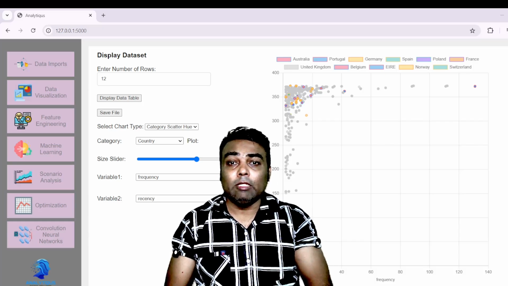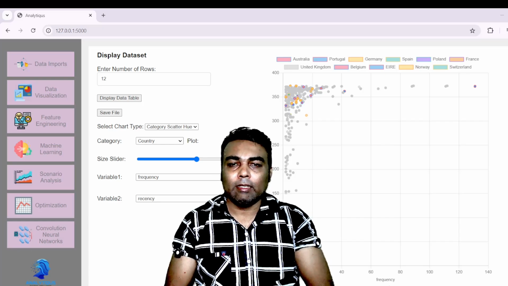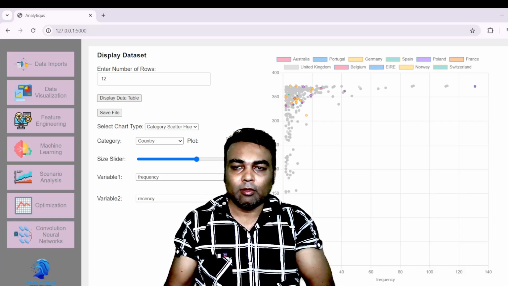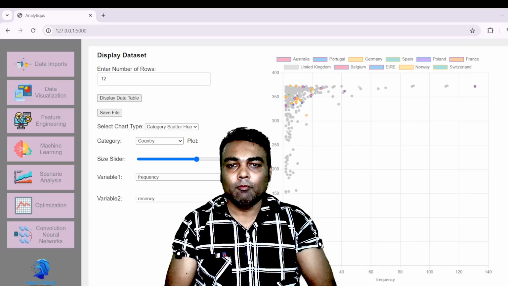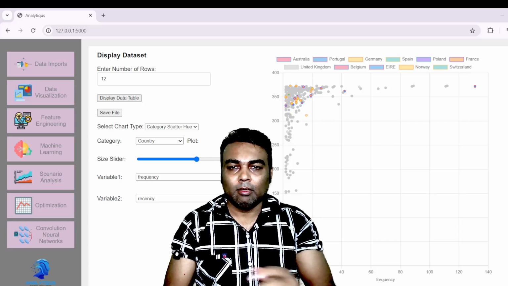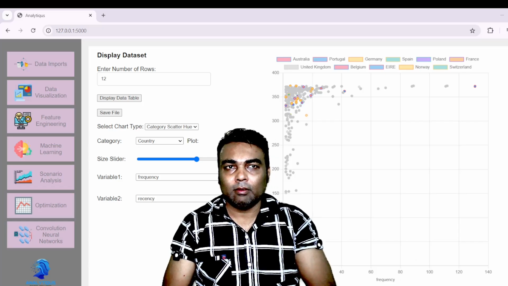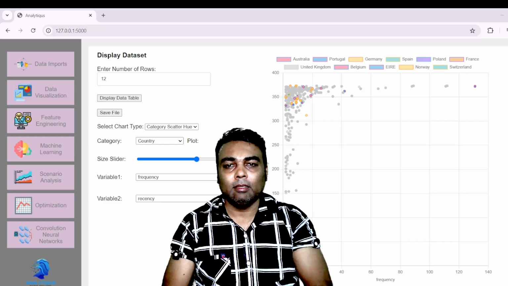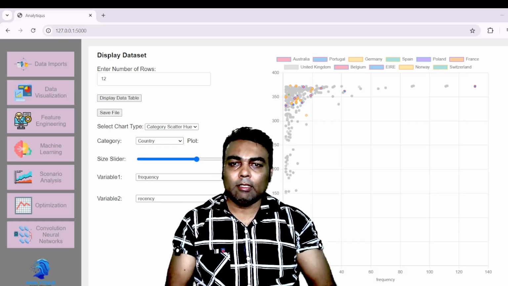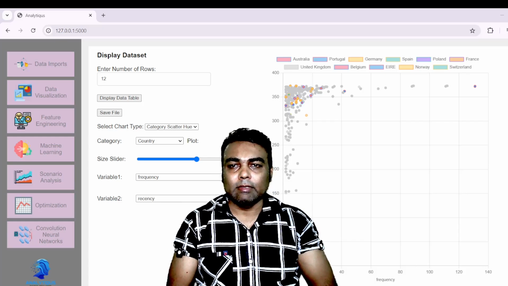Here you can only focus on your data, and you can make a very effective and influential story with your data without putting much effort into writing code and understanding how to produce charts and recite the libraries. So here you can do all such things very easily.